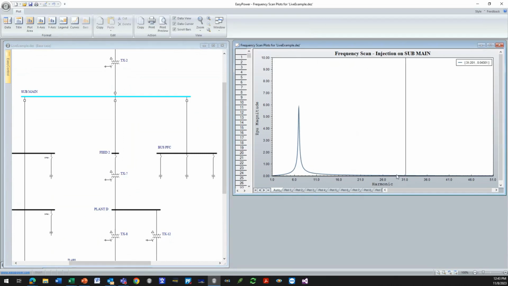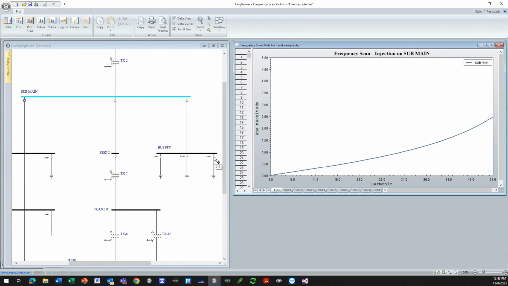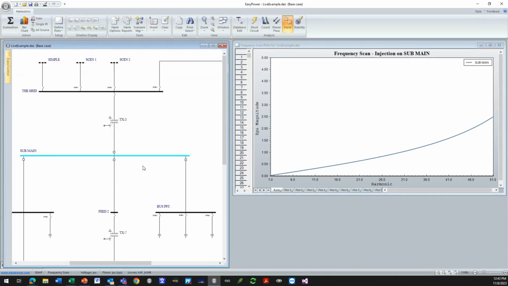Now, oh, this second resonant point kind of went away. Interesting. When I removed all of the feeder capacitors, and as I move this, you can see it's shifting higher and higher. And now, with no capacitance connected down here, I'm looking at just the upstream. Well, actually, we have these overhead lines, right? And they're adding a little bit of cable charging that's making the impedance characteristic go up. Like it's going to hit a resonant point out here somewhere around the 90th harmonic or something, way far high above the 50th. But if you were to take these out,